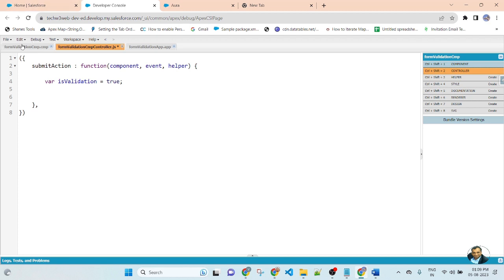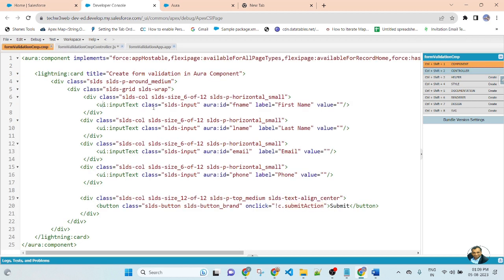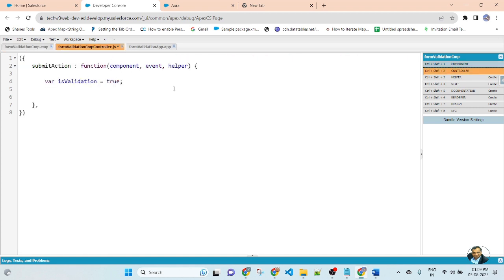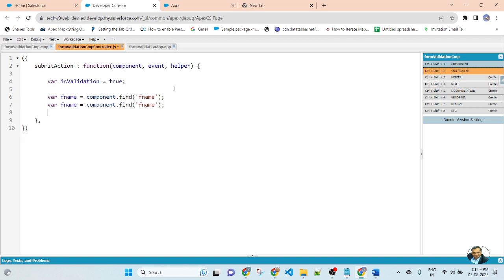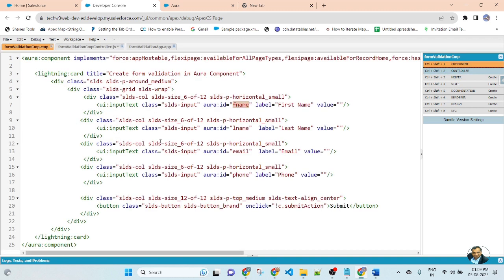I already added an aura ID. So first I will get the aura ID: component dot find, name of the ID. Copy this line, paste three times.